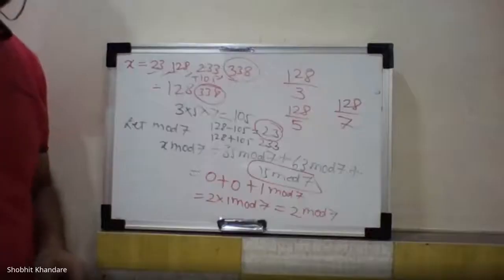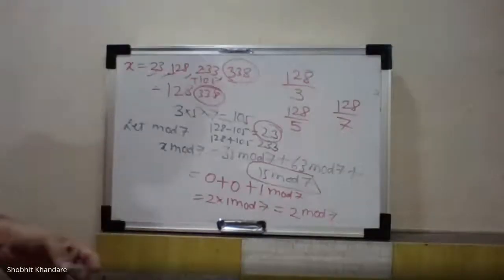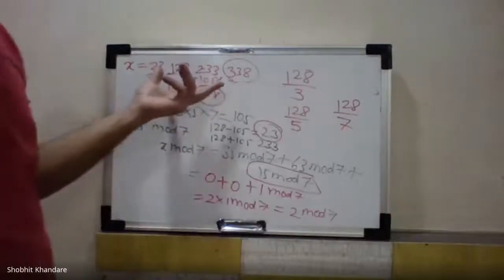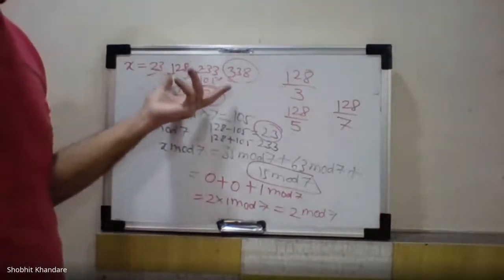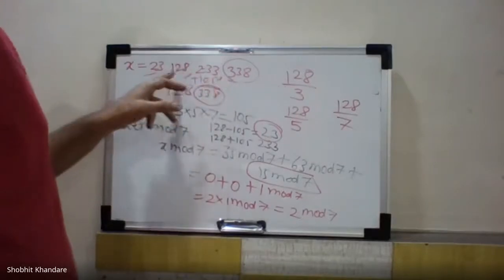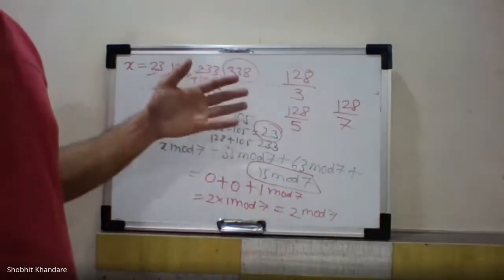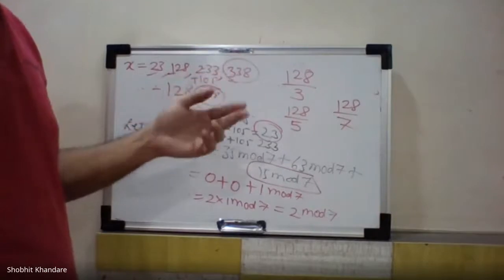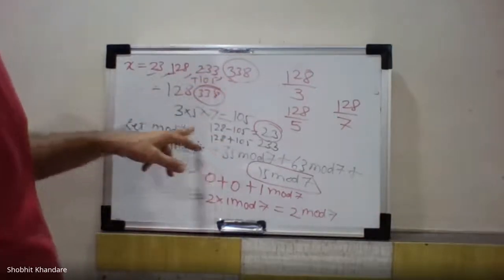Sir, the sum you just gave on CRT, do I have to write all the values, or is one value enough? It depends upon what type of questions they ask. If they want the different values of x, then you have to show 2 or 3 values. And if they are asking the value of a single x, then you can directly show 128, which you have got here.